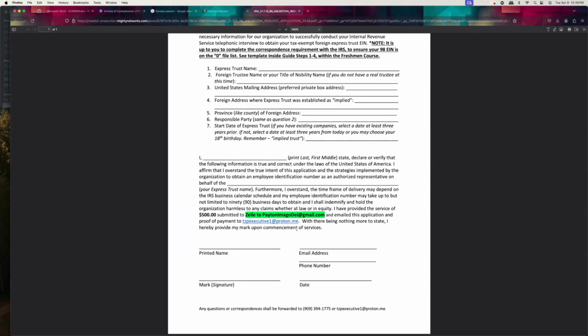tzpexecutive1@proton.me. Print your name, email address, quick phone number, just in case, date it, and provide a signature down below. Okay, if you have any questions, you may call the number down below. That will get you in contact with our executive assistant for anything in regards to obtaining the 98 number. Once again, you will Zelle that information to peytonimagodey@gmail.com. Take a screenshot, email this application to